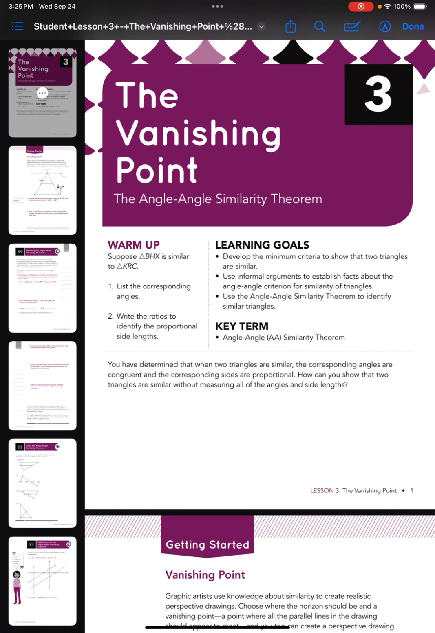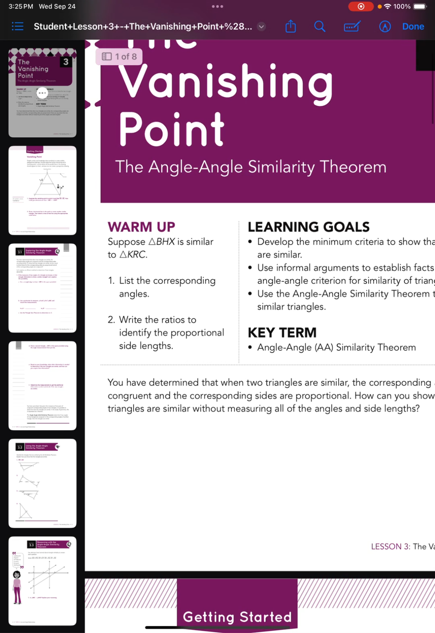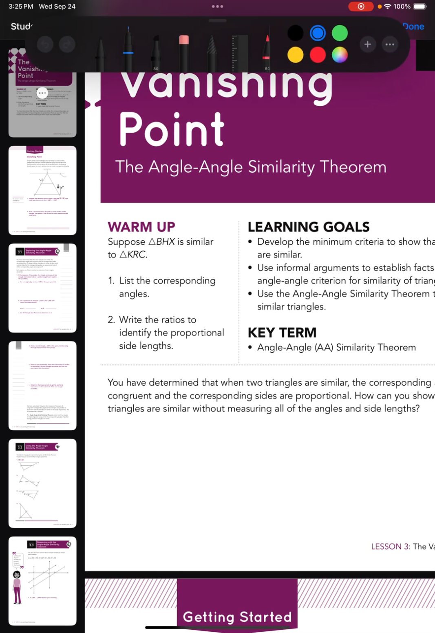All right, continuing on with angle relationships here in our lesson 3 about angle-angle similarity. A little warm up here, list the corresponding angles. Suppose the triangle BHX is similar to triangle KRC. Corresponding angles, if we were to list those out, we could say that angle B corresponds